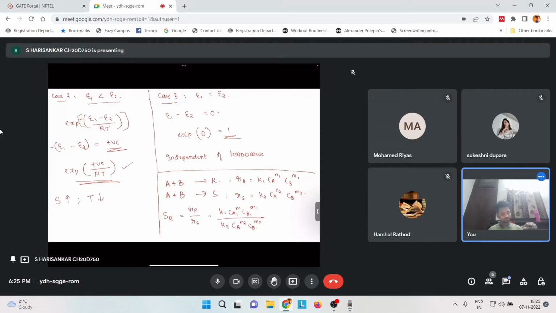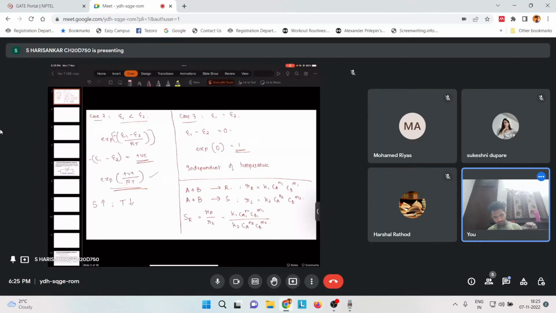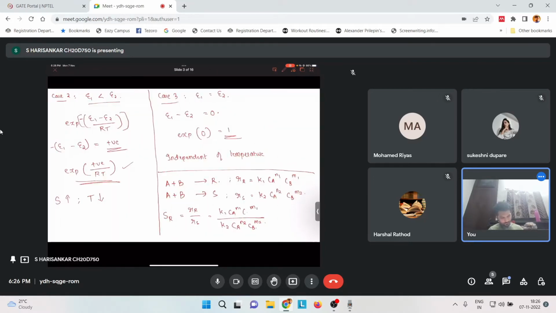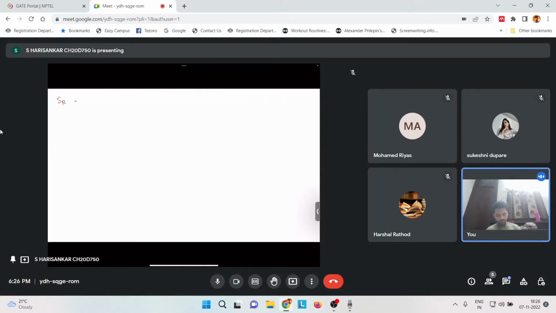Sorry, one second. Right, so we can rewrite this as selectivity is equal to k1 by k2 Ca raised to n1 minus n2,